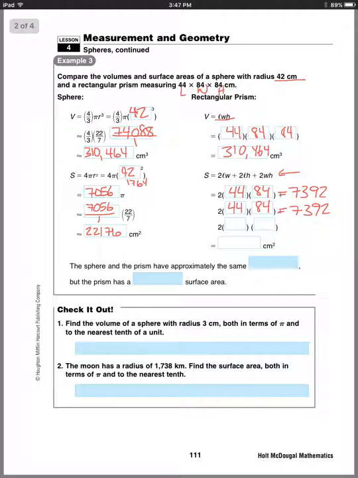And then we have width times height. Our width is 84. Our height is 84. We have a top and a bottom. So that's where that comes from. So that's why we have to multiply by 2. 14,112. When we add all those together, because we have to, this gives us 2 sides, this gives us 2 sides, and this gives us the top and the bottom. So this is like the right and left side, this is the front and back, this is the top and bottom. So we add them together and we get